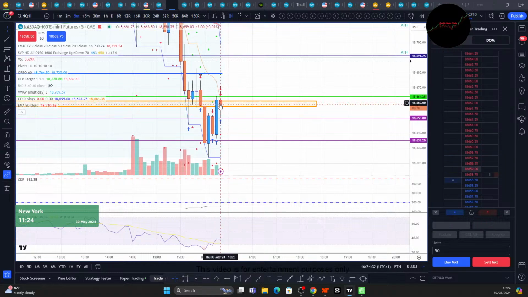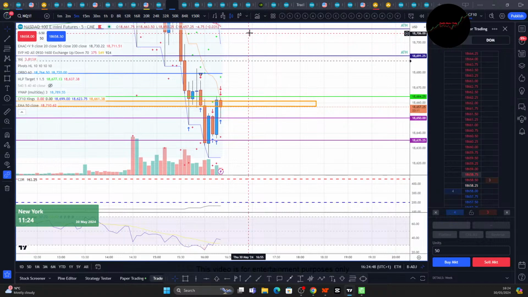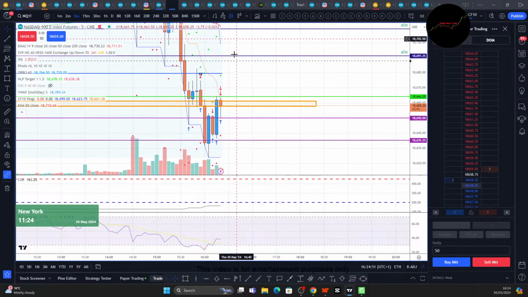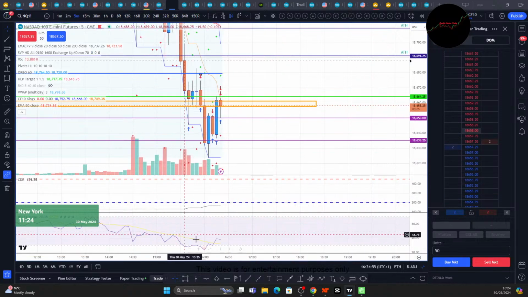And after this candle, it's 27 seconds to go. After this candle, I would have wanted to see more follow through. Instead, we've had this pull back. This hasn't been operating how I would like for a kind of V-shaped reversal to the upside. So I'll just stay on the sidelines for now.